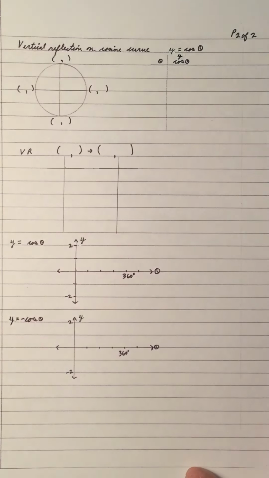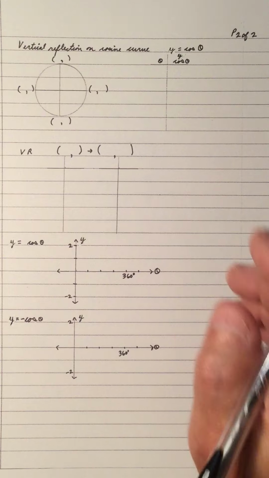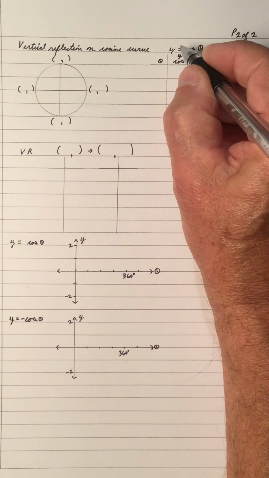Hi, welcome to my video on the vertical reflection on the cosine or the cos curve. The vertical reflection on the cos curve, and the cos curve is y equals cos theta,